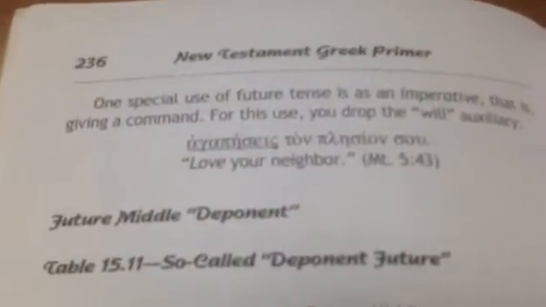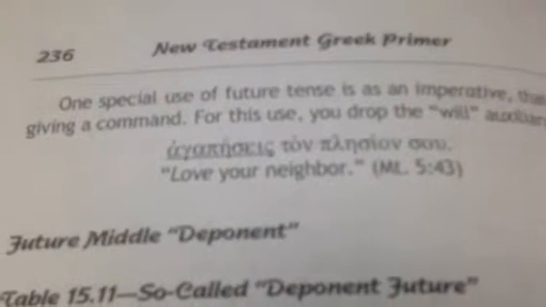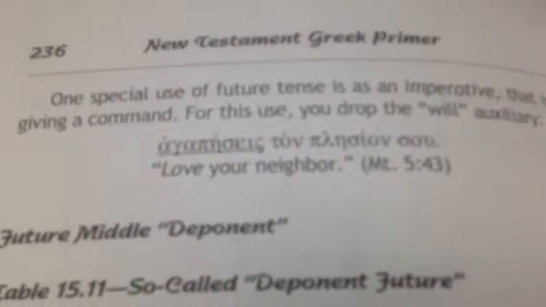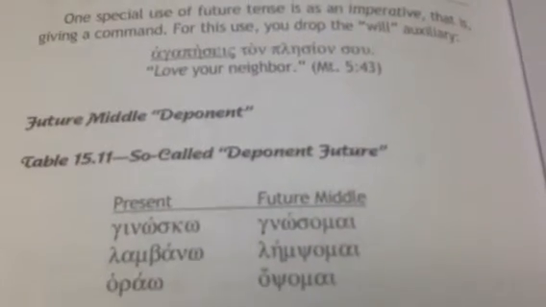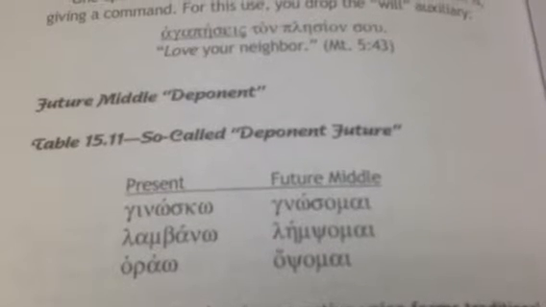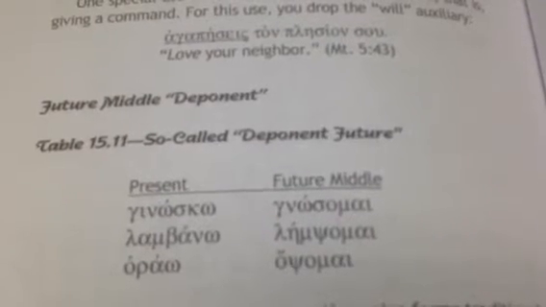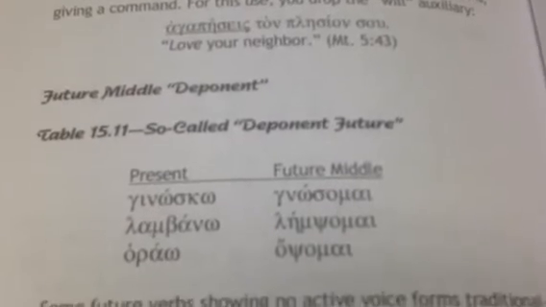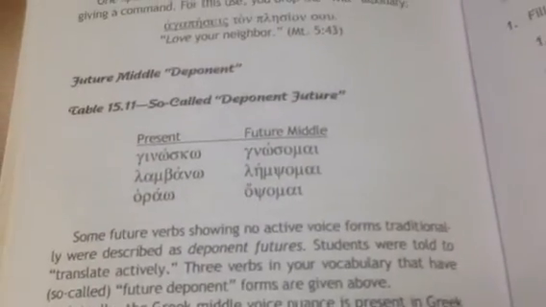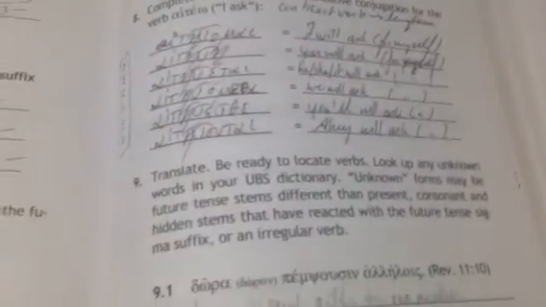You'll just have to work that into there. Sometimes it sounds more like a command. So instead of saying you will love your neighbor, you simply say love your neighbor, like this is something that you must do. Deponents, we still encounter them like in the middle, but it's kind of funky to translate that. Just keep them really in the active voice. And then there are some exercises here where you can typically practice this. All right, there you go.